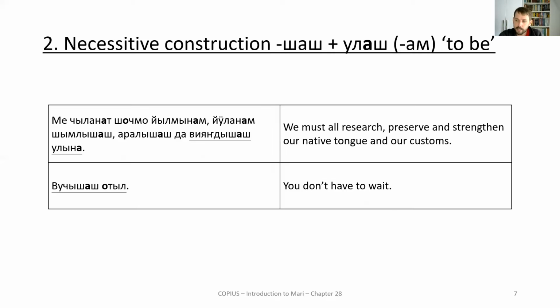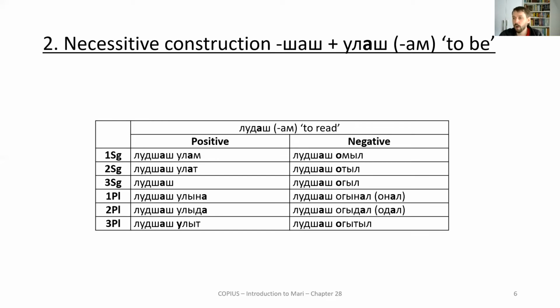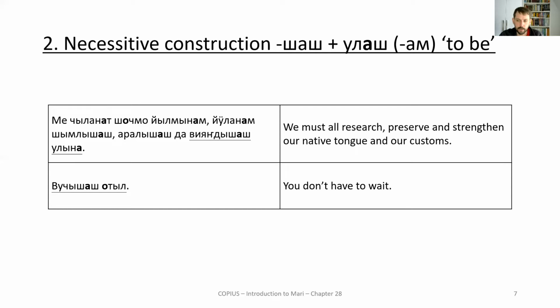And this construction is set apart from other necessitive constructions in that this is showing an ethical obligation of sorts. Like if I say melam kayash kilesh, I have to go, it could be like, okay, I have to teach tomorrow morning and I need to go home and I need to get some sleep. So you're being somewhat neutral about the reason why you have to do something. If you're using the shash ulash construction,